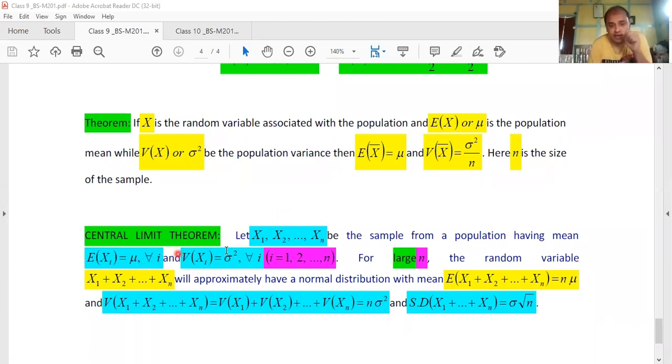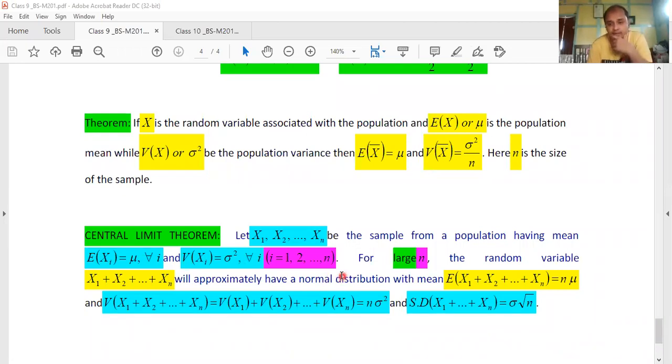If it is so, and if the variance of xi is sigma square, okay, variance of each of these variables is sigma square, then for large n, if you increase the size of the sample, the random variable x1 plus x2 plus dot dot dot xn will approximately have a normal distribution. See, they have never said that x1, x2, xn are normal random variables. They have only said that if this happens, their sum total will be a normal random variable